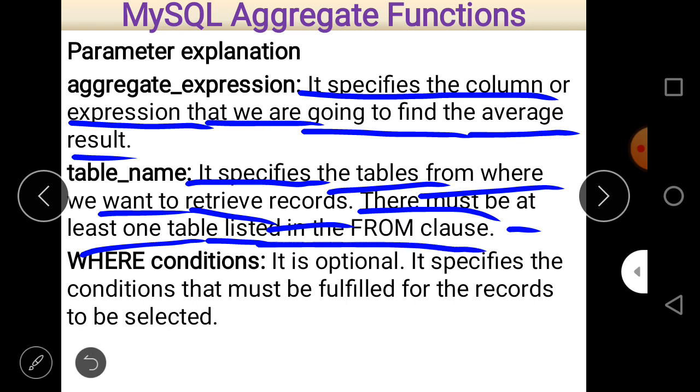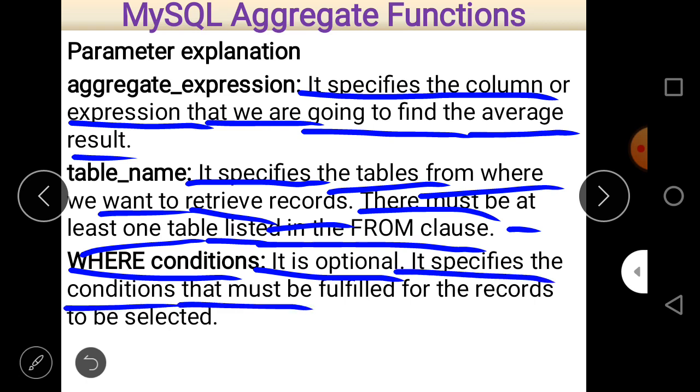As I told you, there must be at least one table. You can calculate the average of different values which belong to different columns, which belong to different tables. And at last the where condition, so it is optional. As I told you, it specifies the conditions that must be fulfilled for the records to be selected.